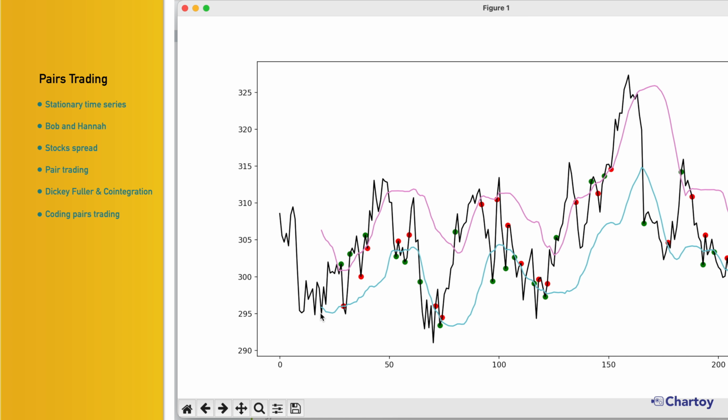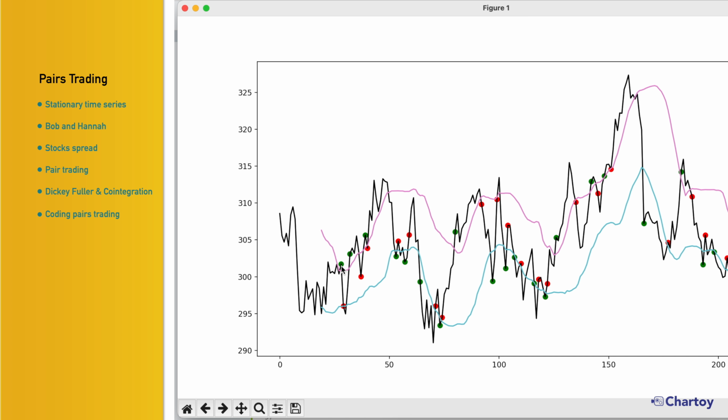So as we can see here, each point, green color means that we enter a position, and red color we exit the position. You can see here we were waiting for the signal, the spread to be between the bands, right? Until we are crossing here the upper band, the green point here. So once we cross it, we enter the position, we have a green point, and then we expect this spread